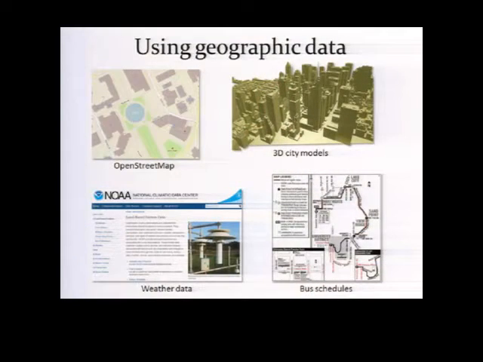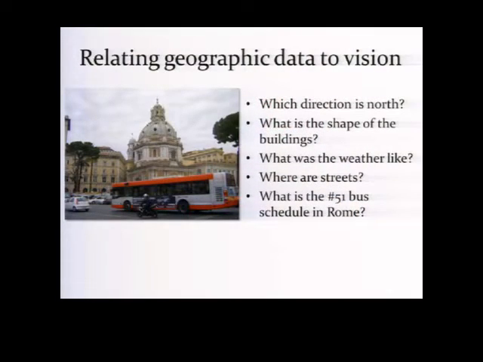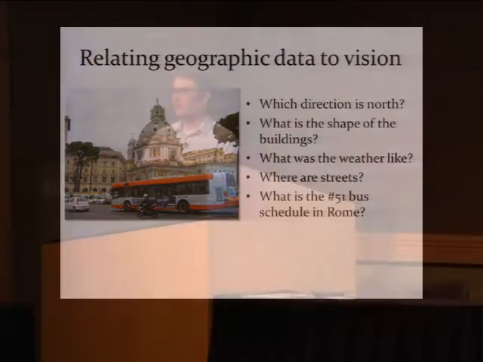Another direction we're very interested in is tying images to other sorts of geographic data. The webcam is an example, sort of like a weather atlas we're comparing to. But there's so much data out there that's geo-registered accurately, whether it's OpenStreetMap, weather data, bus schedules. So you can imagine if you can localize an image well in space and time, you can leverage all this data. So if you knew exactly where and when this photo was taken, and you want to understand things that are happening, like detect cars or people,